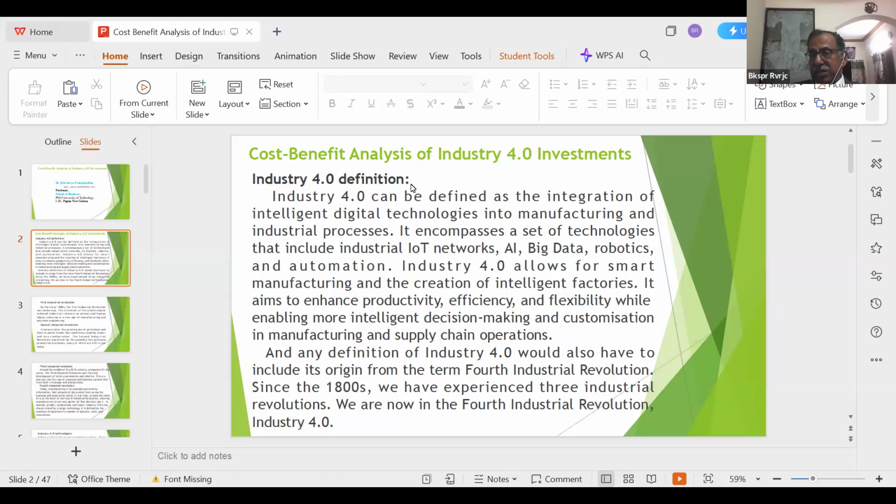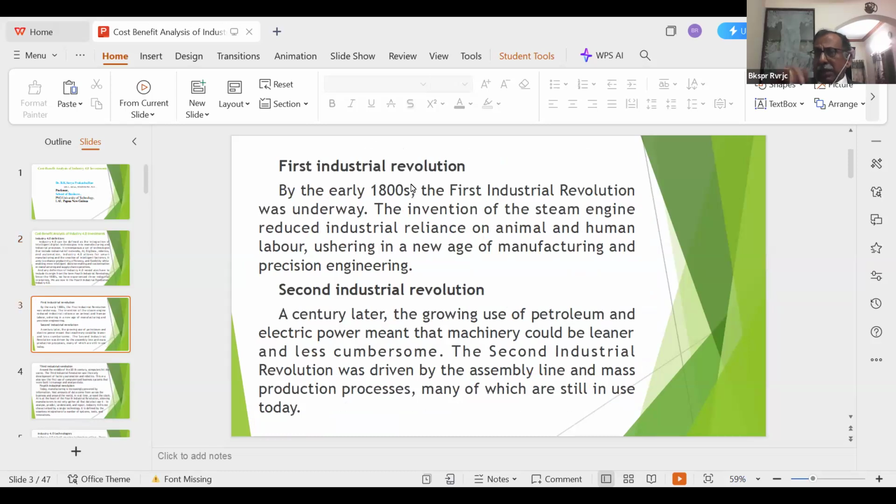Revolution. Since the 1800s, we have experienced three industrial revolutions. We are now in the fourth industrial revolution, that is how Industry 4.0 is defined. The first industrial revolution: by the early 1800s, the first industrial revolution was underway. The invention of the steam engine reduced industrial reliance on animal and human labor, ushering in a new age of